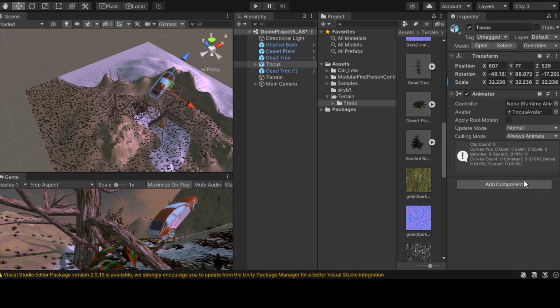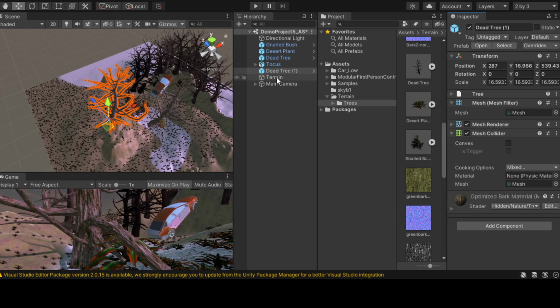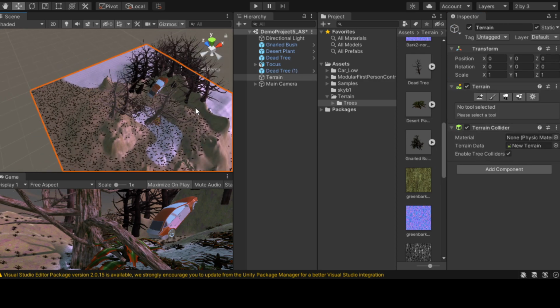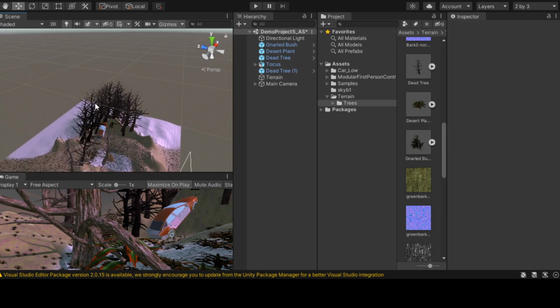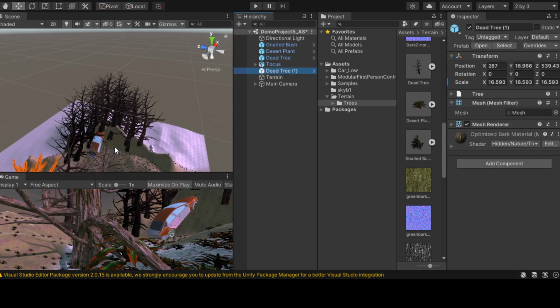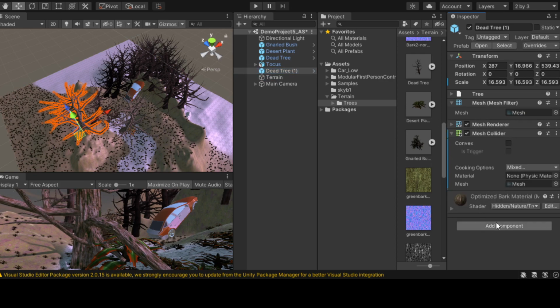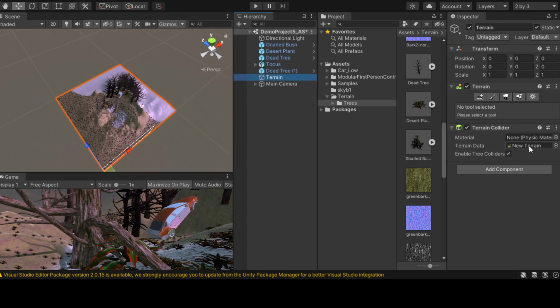Oh, this has an animator. I wonder what the animation is. And then mesh collider. Oh, did I multiply it? What did I hit? I don't know. Did anybody notice that? All these trees got built? Yeah, that was really weird, because I just hit mesh collider. Oh well. And then the terrain has the terrain collider, so it should be